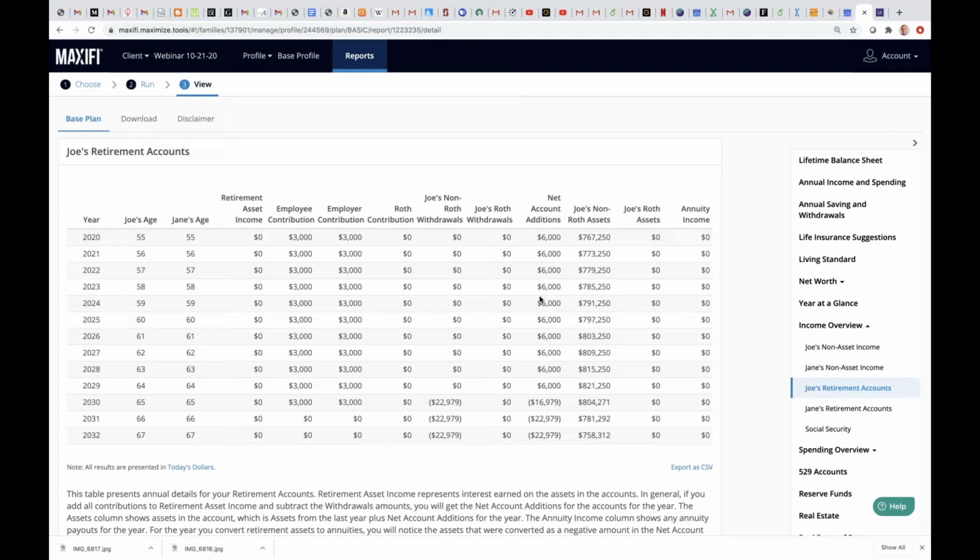So I'm going to run Maxify in the risk analysis report and say, here's how I'm going to allocate my portfolio. I'm going to look at all the 500 trajectories that the Monte Carlo report produces, the upside and the downside to your living standard, and see what makes sense in terms of how much risk I can tolerate and how I should be investing. We have a webinar posted at maxify.com/webinars all about risk analysis. So that's what I would do.